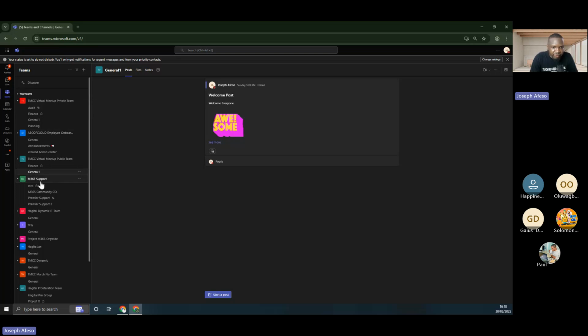So the point is that it is only global administrators that can create org-wide teams. While users are allowed to create teams, none, even SharePoint admin, even Teams administrator will be able to create an org-wide team. So for you to be able to create an org-wide team, you must be a global administrator.